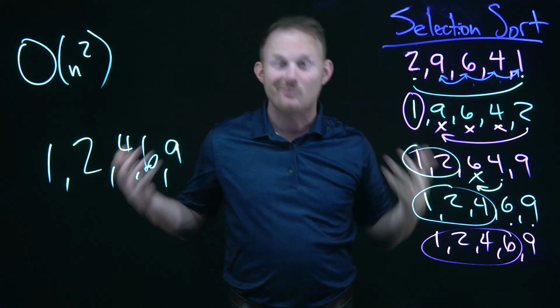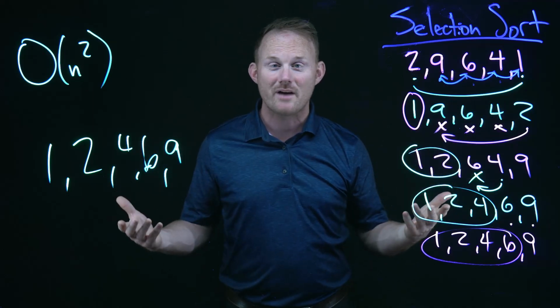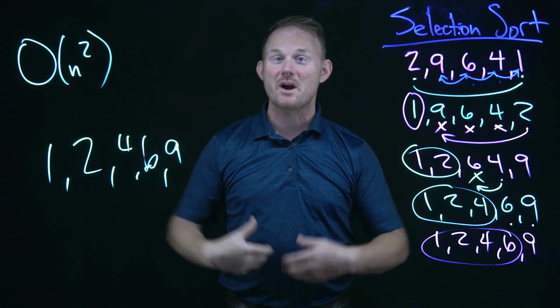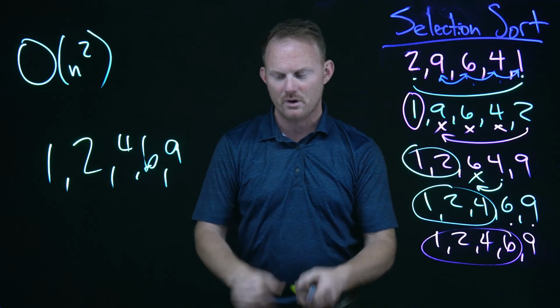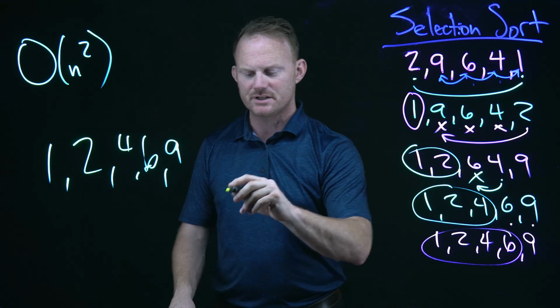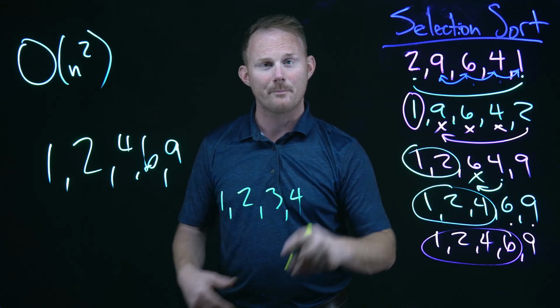With selection sort, we don't have to swap anything except for that smallest number with wherever it needs to go. As I said, the best case is going to be n squared because we have to go through the loop all the way through. So for instance, if we had the numbers 1, 2, 3, and 4,